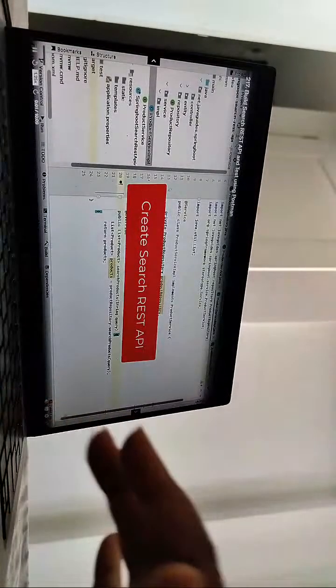Next, we need to create a REST API. For that, we need to create a Spring MVC controller, right? So go to the controller package, right click on it, new, and then choose Java class, and let's give the class